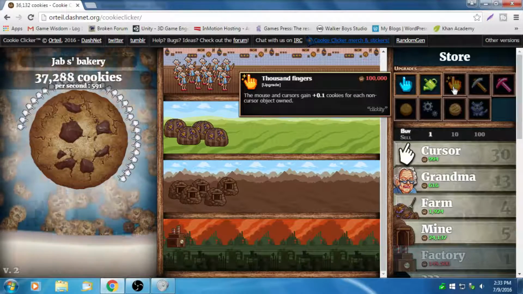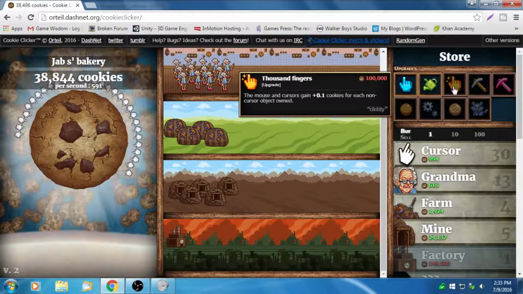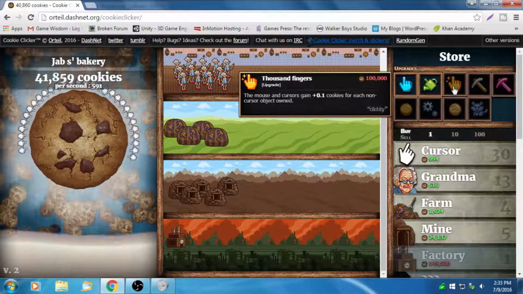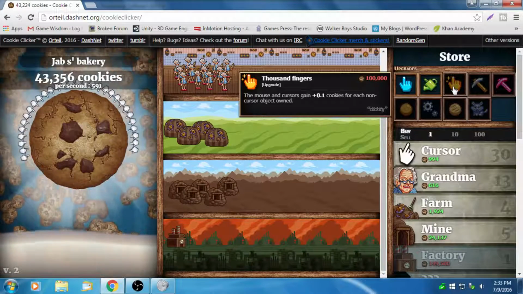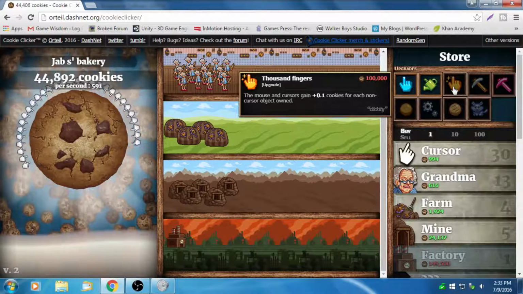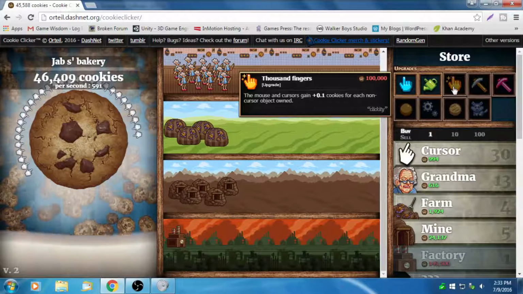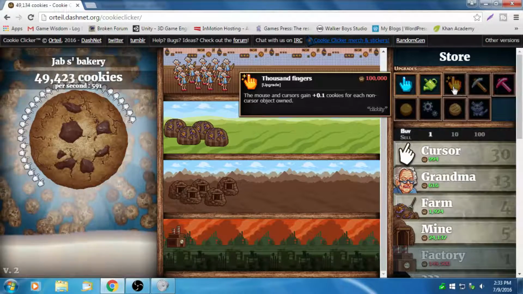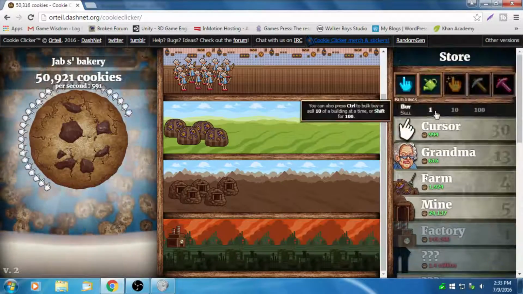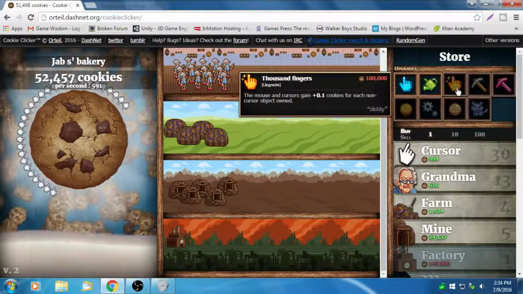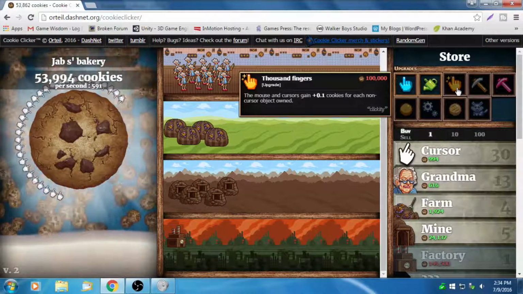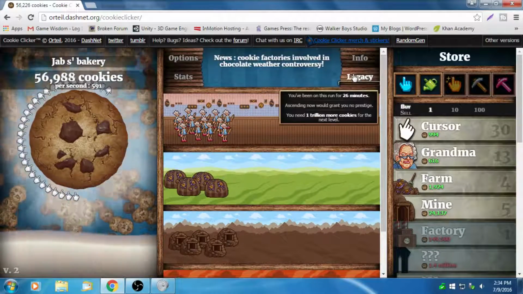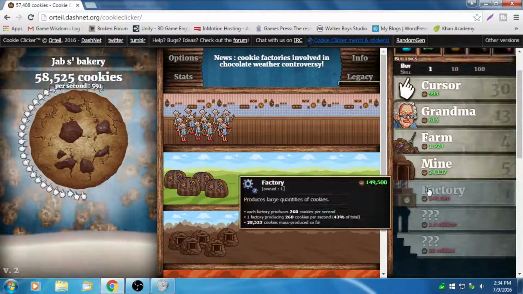Another interesting part of the clicker games is they give you these very long-term upgrades that you can purchase. They don't do much in the early game, but they'll eventually mean a lot later on. Like this. You gain plus 0.1 cookies for each non-cursor object. Now, right now, that doesn't really mean much. But let's say in 5 hours from now, when we've got all kinds of stuff down here, that will give us a huge boost. And it's another way for players who get into this to min and max. But according to our little clock here, we've been doing this for 26 minutes. I think it's time to wrap it up.